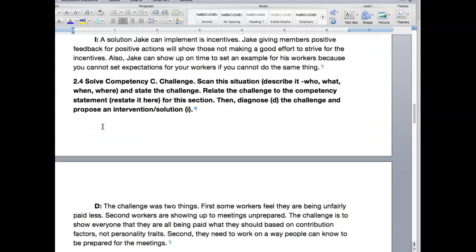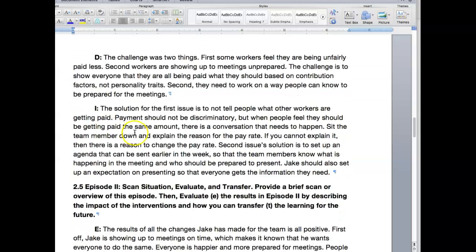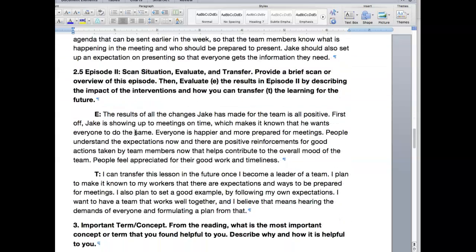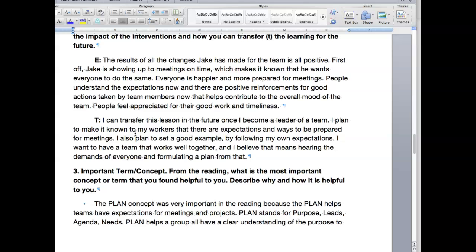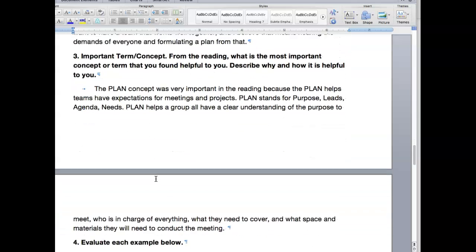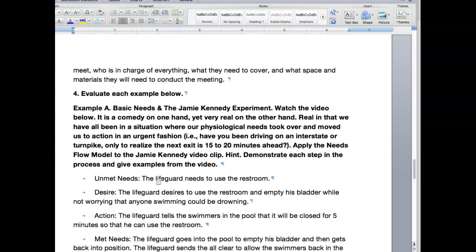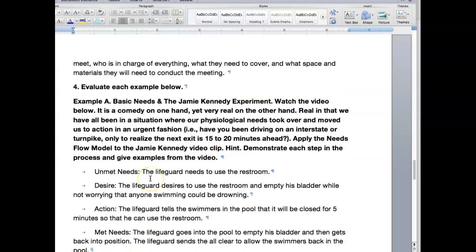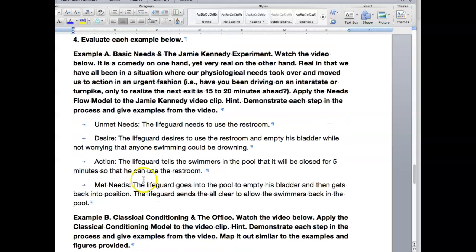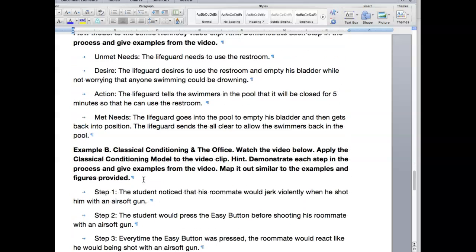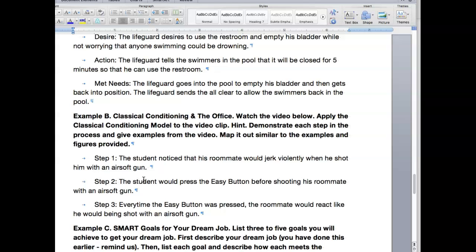using a diet to format everything. Her important concept, she has that all in caps, so it stands out. And then she gets into question 4, and she uses the terms from the theory to illustrate the example in the same way